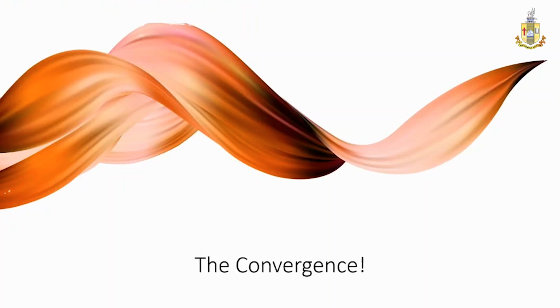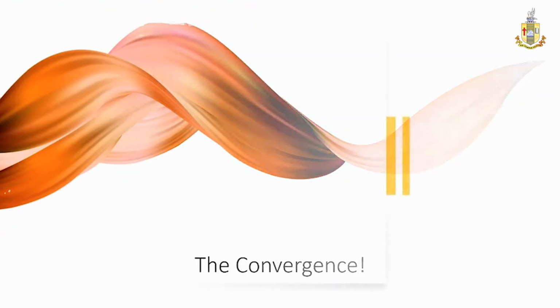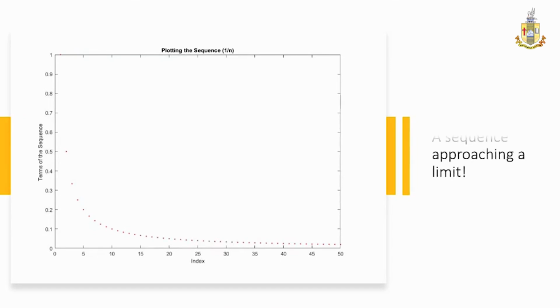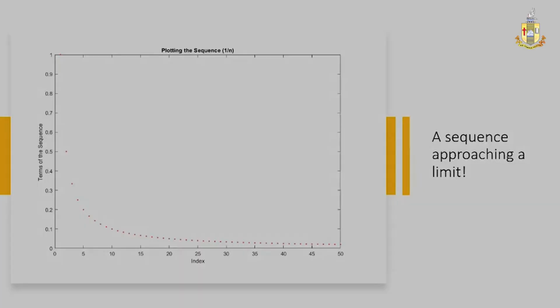So, what is convergence? The word itself says the meaning. If a sequence seems to approach a finite limit, we say the sequence is convergent. Wait, what? Approaching a finite limit? What is approaching then? That means they are coming closer to each other. Particularly, coming closer to the so-called limit.